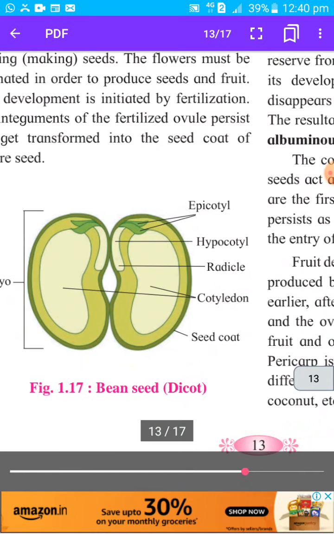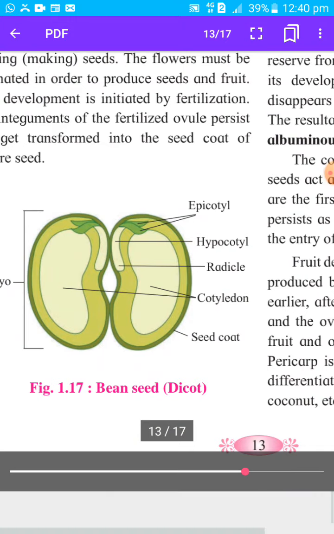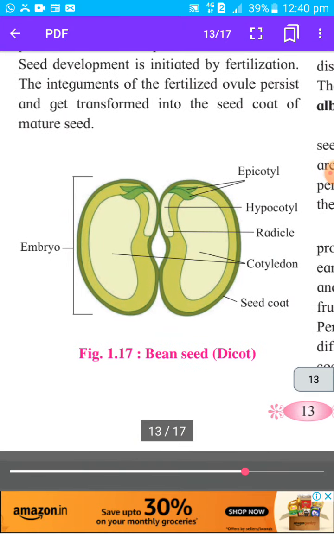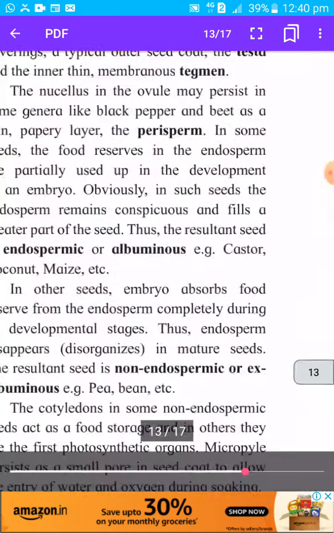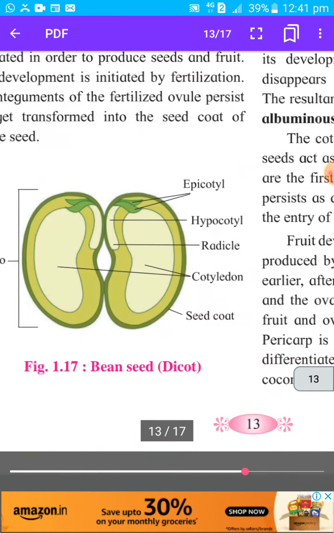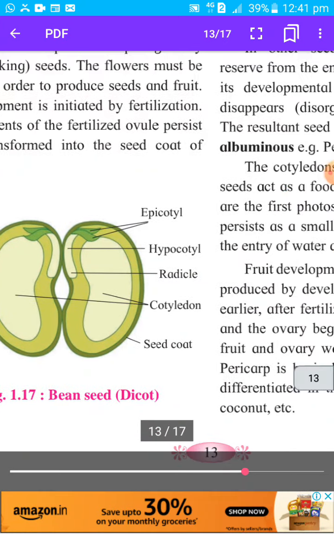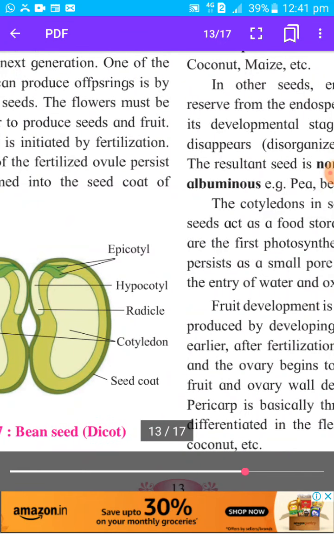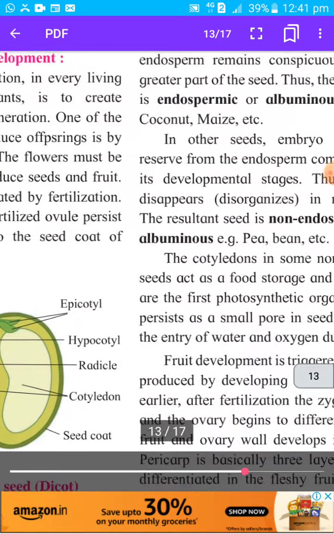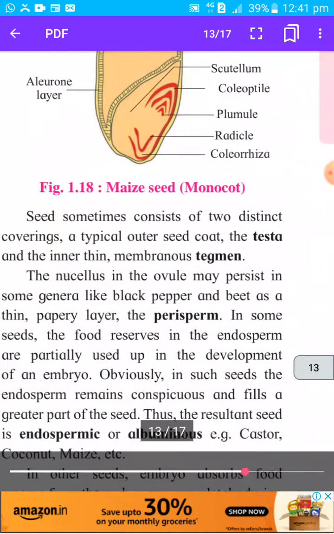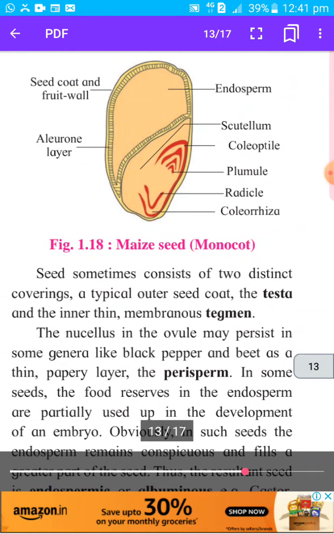So here a diagram is shown. Seed, okay, various layers are there, then radicle, epicotyl, hypocotyl, seed coat. The whole embryo is converted into seed. The radicle develops toward the soil to develop roots, and the hypocotyl will grow over the soil to develop the stem. Then here again one diagram is there showing a monocot, meaning having one cotyledon. The diagram is given, so let us see.